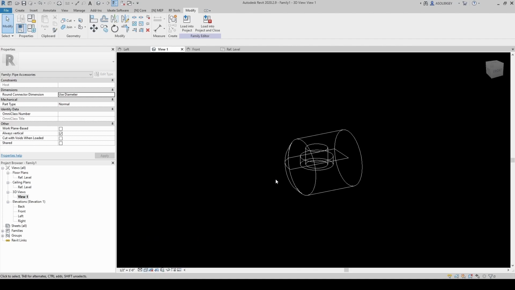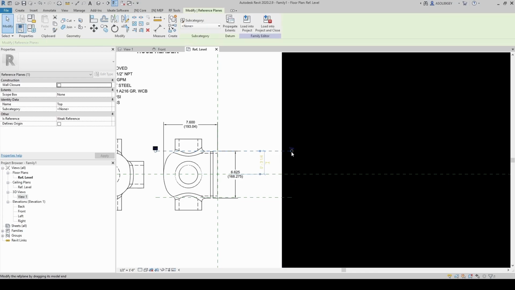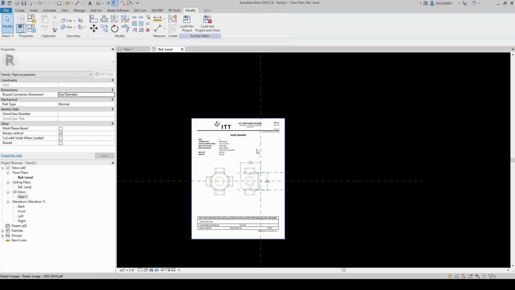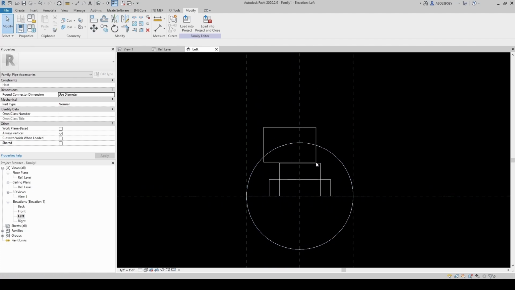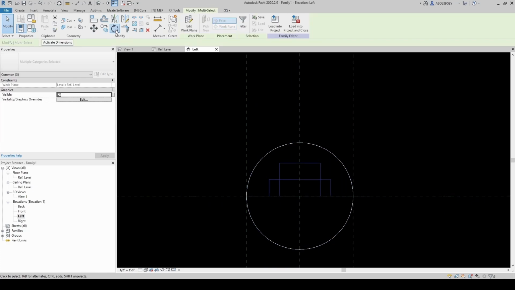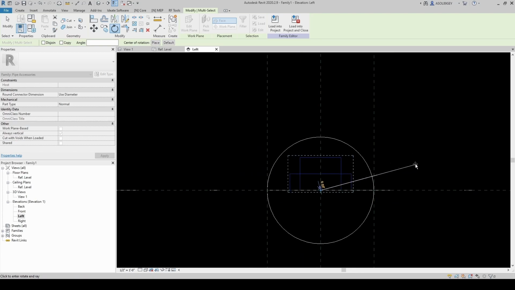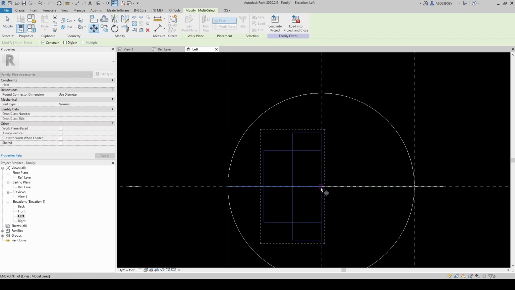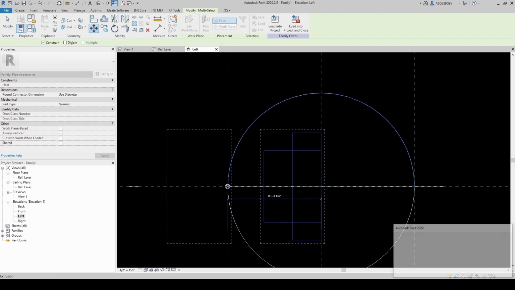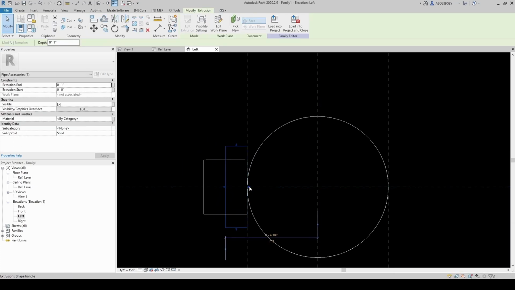So we can see that our extrusion, first it was done in the wrong plane. Let me relabel this plane as left. Let me go to the left view, and I'm going to first rotate this from here 90 degrees. Then I'm going to move those two from here to here. That's fine, we can delete the element. We can now extrude this